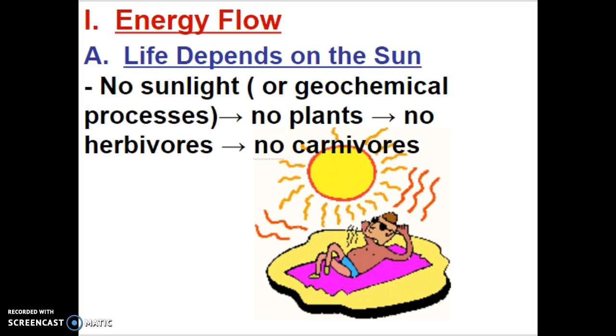In the cases of ecosystems that are in places where there is no sunlight, for example, cave ecosystems, or perhaps deep ocean ecosystems near hydrothermal vents, those organisms will chemosynthesize as opposed to photosynthesize. So in chemosynthesis, organisms take chemicals out of their environment and switch them around to make a food source, much like plants do with sunlight, carbon dioxide, and water through photosynthesis. So all life depends on the sun if it lives on the surface of the Earth, and if not, it depends on geochemical processes.